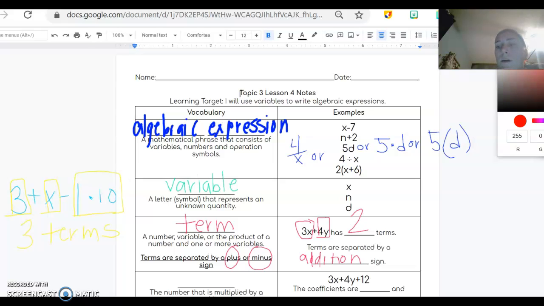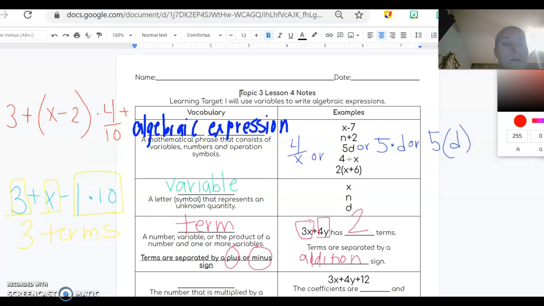I'm going to do one more example. 3 plus x times